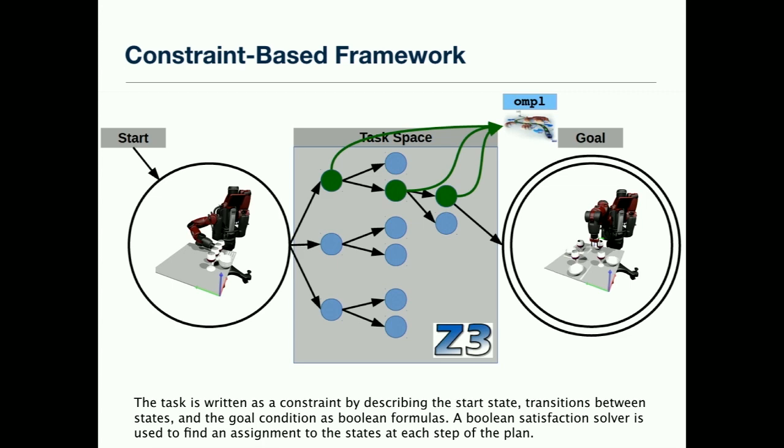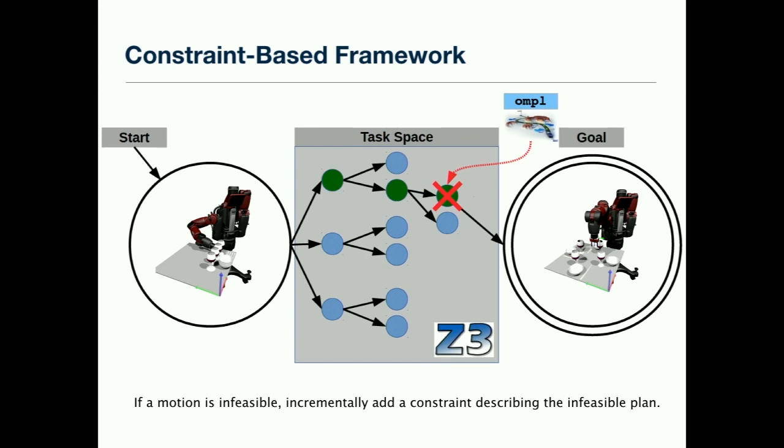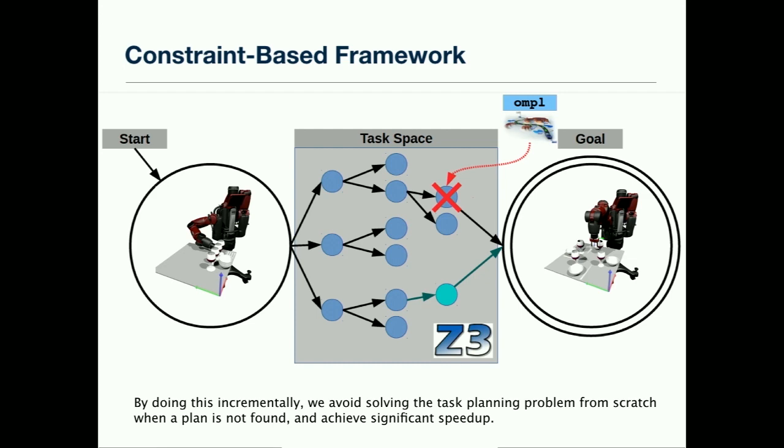You describe the start state, you describe all the in-between states and the goal condition as a Boolean formula, and then you use a big tool like a SAT solver or an SMT solver to find an assignment of states at each step of the plan. Here's an example where we have a valid assignment, but then you're going to check with a motion planner, and if a motion is infeasible, then you add a constraint actually describing the infeasible plan, and you ask the incremental,